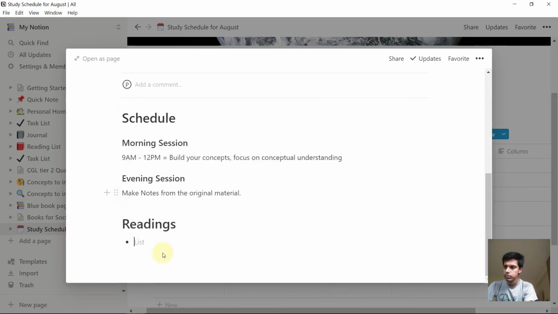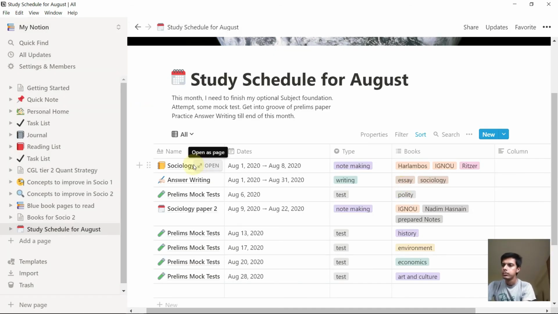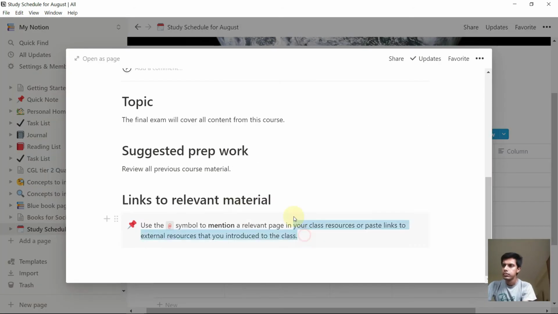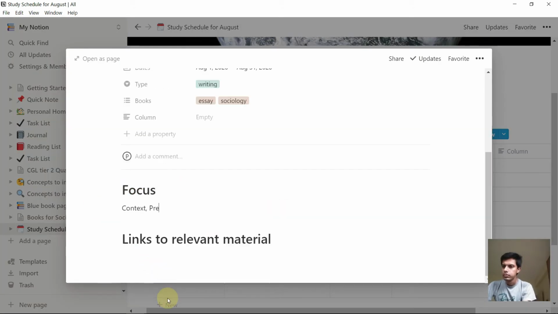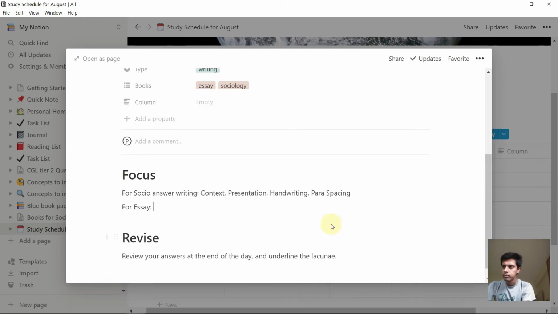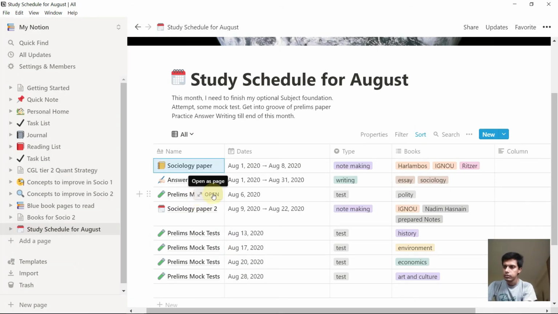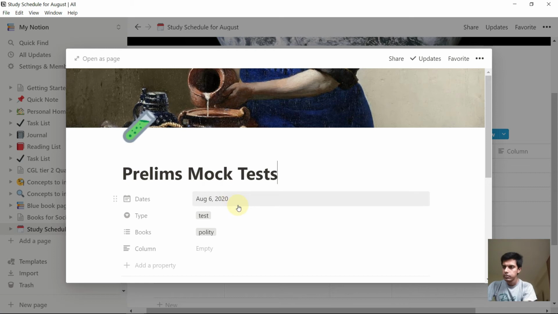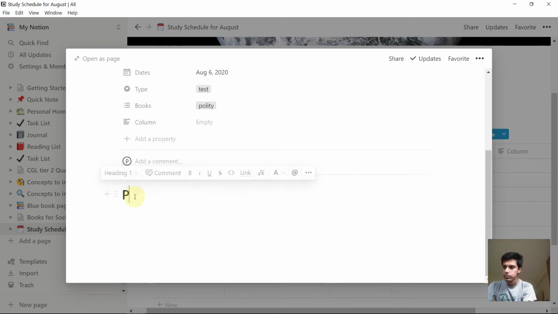Like when you sit to study, you can immediately open this Notion app and get whichever books you have to read, what type of material you have to read, which type of concepts you need to make clear and all. This customizable property feature of Notion is very good. You can see I'm adding various notes, various subtasks and various notes in them. Like what I have to study, where I have to study.